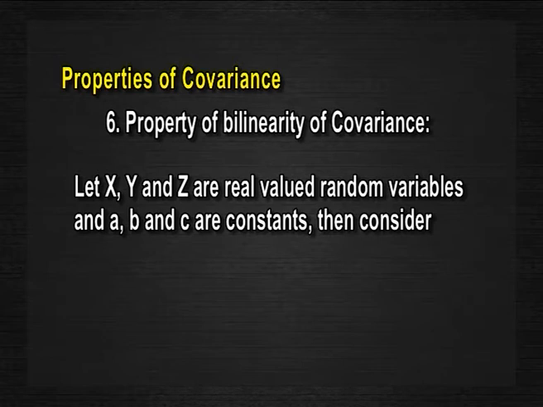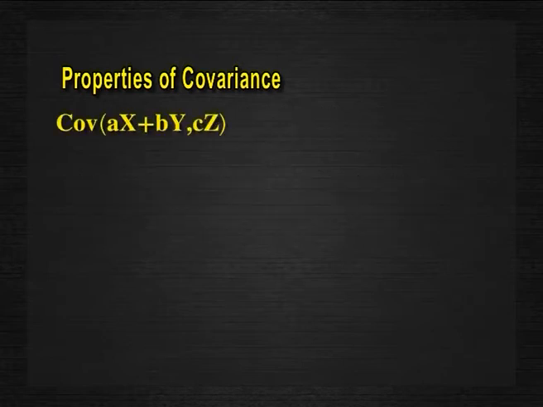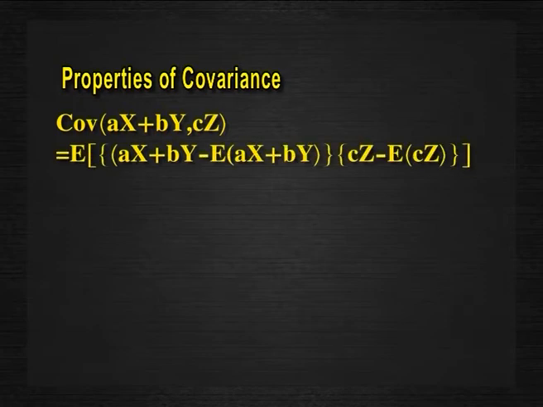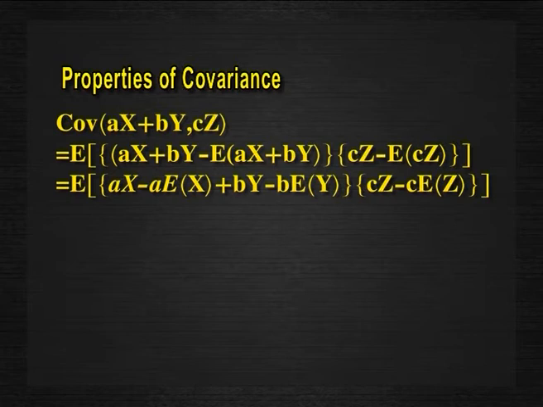Then consider covariance of (aX + bY) and cZ, which is equal to expectation of [(aX + bY) minus E of (aX + bY)] into [cZ minus E of cZ], which is equal to expectation of [aX - a E of X + bY - b E of Y] into [cZ - c E of Z],